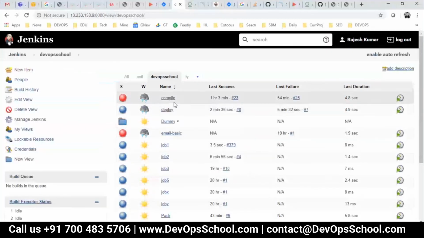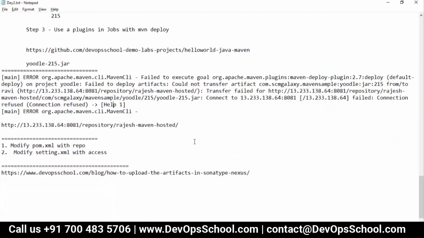Okay, so any questions on this integration part now? Now you understand, will you be able to integrate any tools with Jenkins without any problems? Do you understand the format? Do you understand the process which you need to follow and stuff like that? Any tool specific integration you want me to demo, please speak up and I will do that for you. I'll try for doing that.